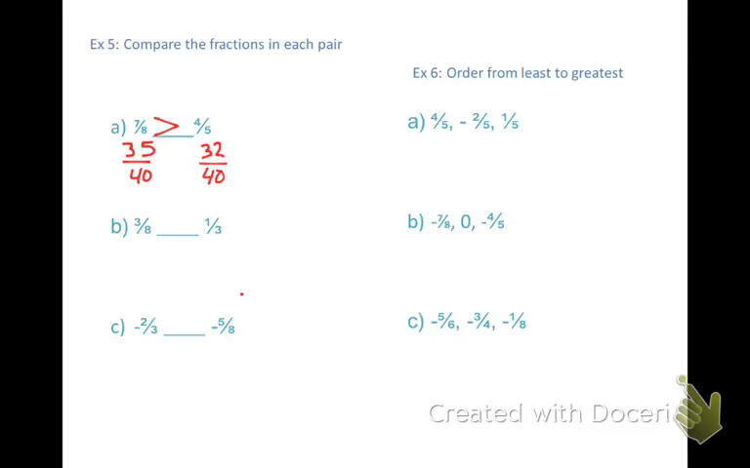Let's look at C. So we'll have 24 and 24, negative and negative. And this would be 15. And this will be 16. And so this time it's negative, so -15 is bigger than -16. So it's going to look like